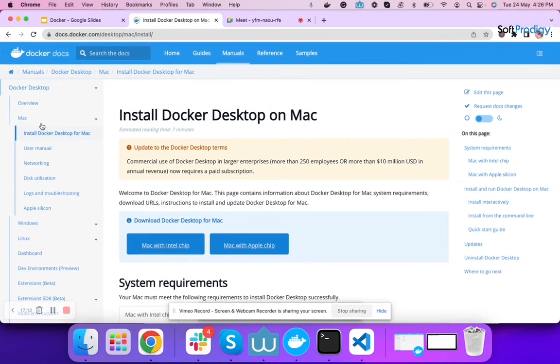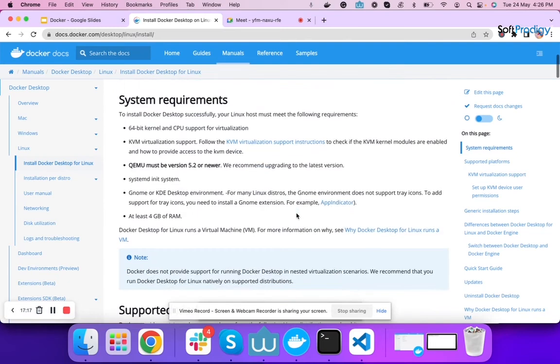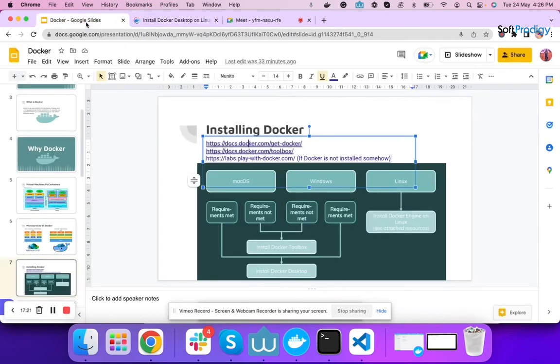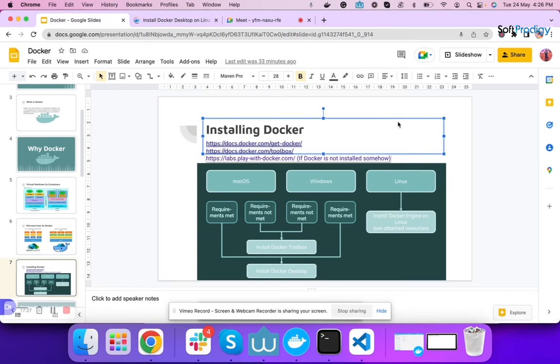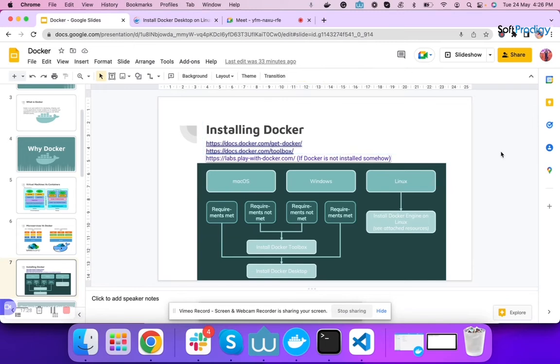Similarly for Linux, you can directly go to the link and follow the instructions. Along with that, I know all of you are developers, and I don't think that all of you have new computers with you.